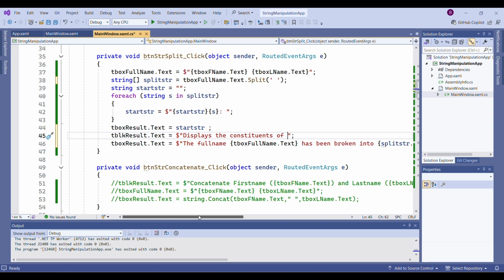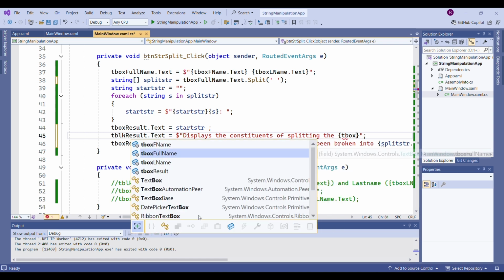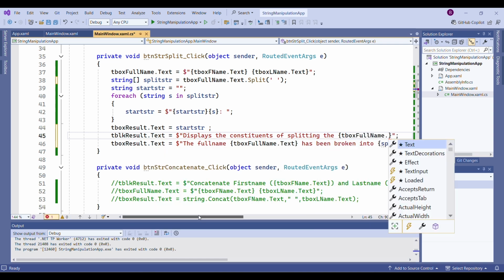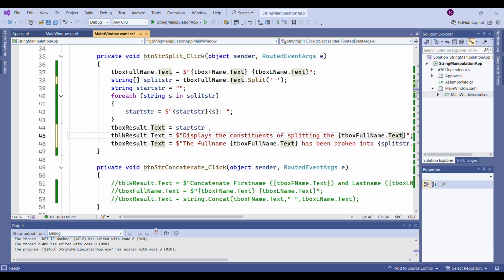we can now put again full name. So T-box full name dot text. So that it will make some sense. It's telling you now is the full name that is. So if I run this now,